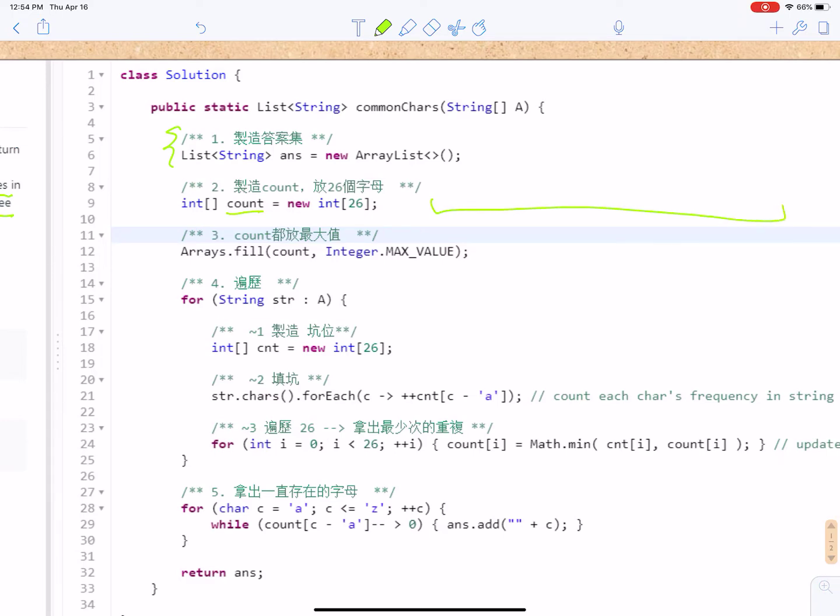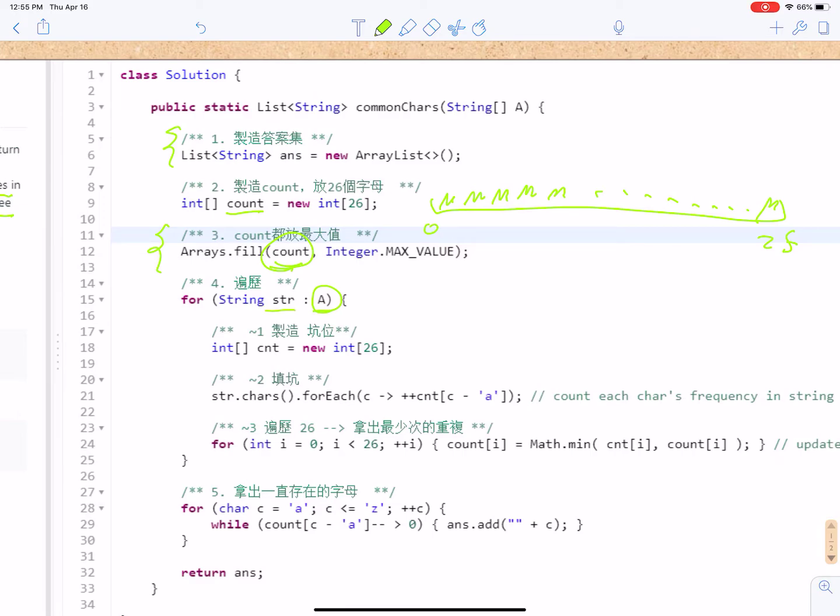So this count will take the 26 letters, and for each slot we make every slot have the maximum value. So all the values are maximum, and then we scan the string array and get every single string,